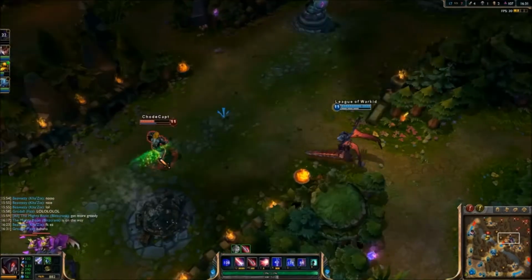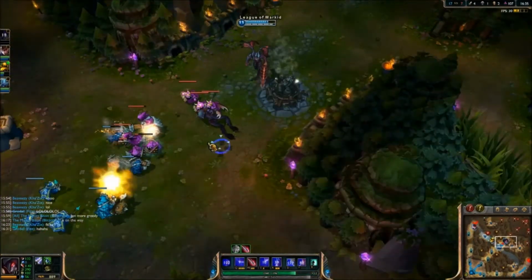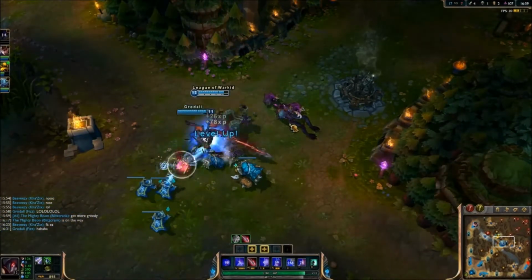Alright, so I see that Israel's there. Israel does flash. I'm not sure why he flashed and didn't E. Maybe it was on a cooldown. He got scared, but...